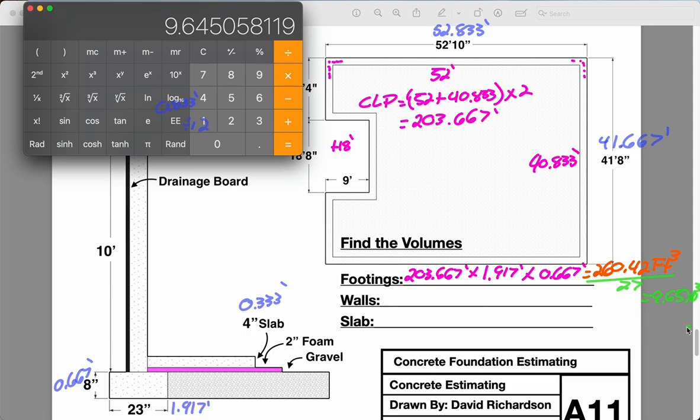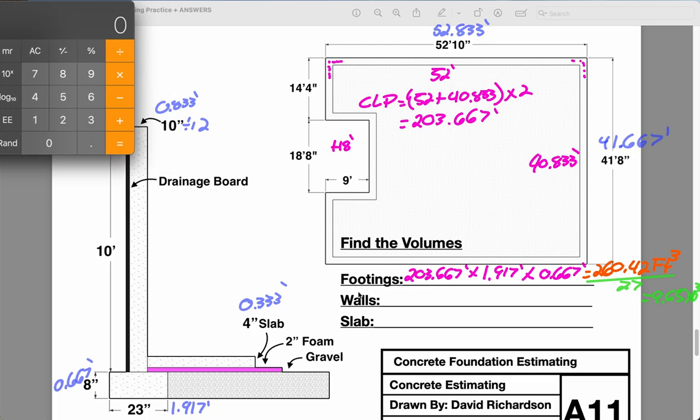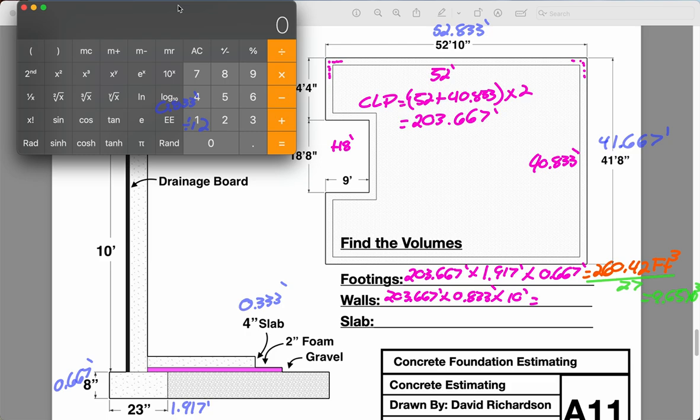Running out of room here, cubic yards. I'll rewrite that at the end so it's a little bit more clear on the line. Okay, so here we have our wall is 0.83, so we're going to go 203.667 times 0.833 feet times 10 feet equals, okay, 0.833 times 10. Okay, so we have